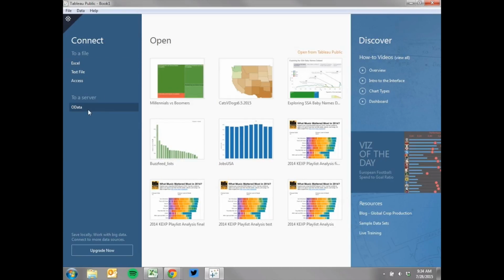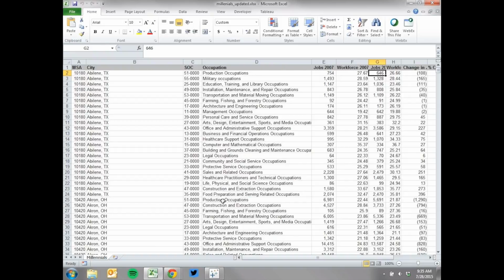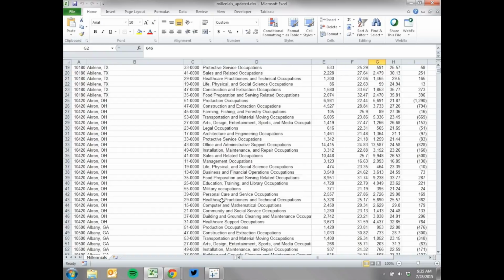And we can connect to a couple different file types. We can connect to an Excel file, a text file, so that would be something like a CSV or a tab delimited file. You can connect to Microsoft Access. You can also connect to a server here called OData, and that's a way to connect to some different server types. So for this example of getting started with Tableau, we're going to use this data set I have here,